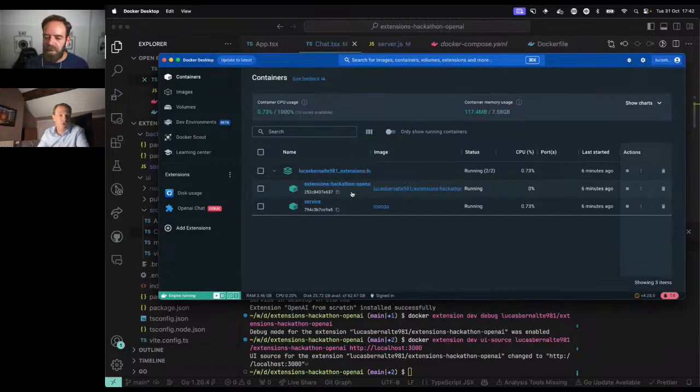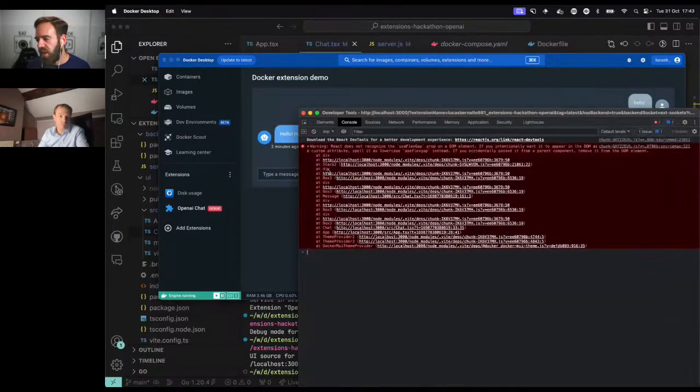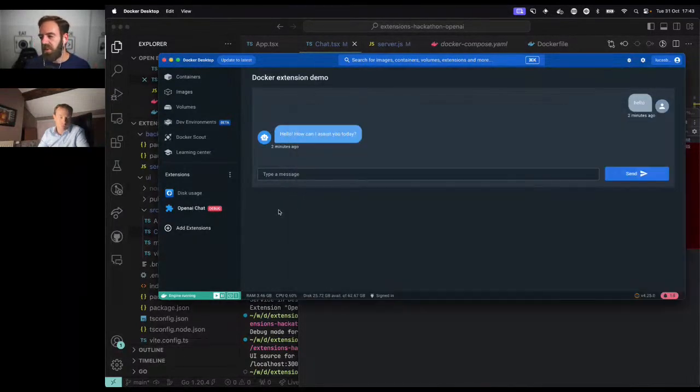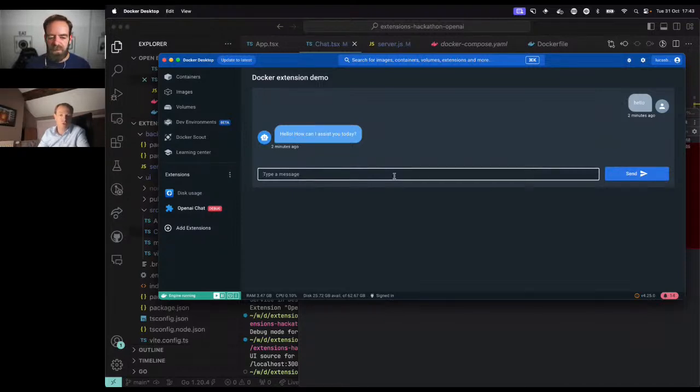But if you update the extension, we need to update the containers because the code of the feature of the extension might have changed. But we would keep the volume so that whenever you go from version 1 to version 2 of your extension, we would keep all the data that's in a volume. Exactly. Like right now, if I update the extension, it's going to delete everything and respin up again. And if I enter the chat, I'm not going to be able to see the messages because everything was stored in there instead of the volume. Exactly. Yeah. So best practice is data that you want to store, put it in a volume and then connect your containers to the volume to keep that data across updates.